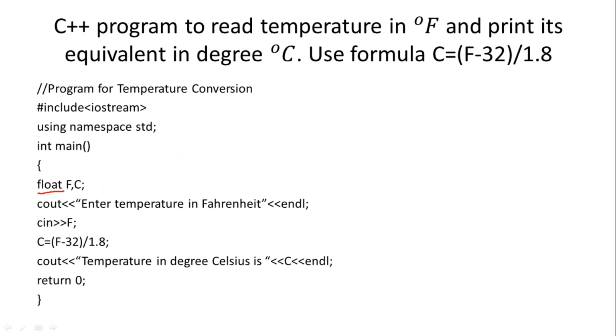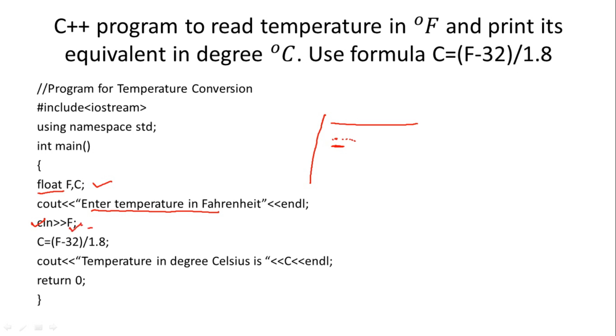Okay, so now after variable declaration, the user will enter the temperature in degree Fahrenheit. Before entering the value, one prompt or message will be given to the user: enter temperature in Fahrenheit. So this statement will be printed. Then there is endl, so control will go to a new line. This is the expected output. Now on the new line, after this there is the cin statement. So control will wait here for reading the value from the user. The user will enter any value here. After reading this value, the value will be stored in the variable F.